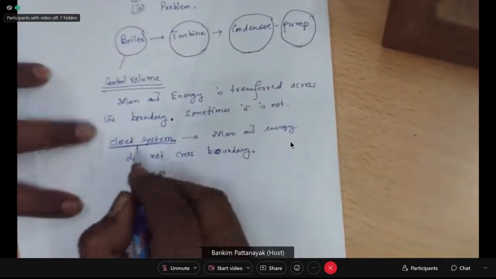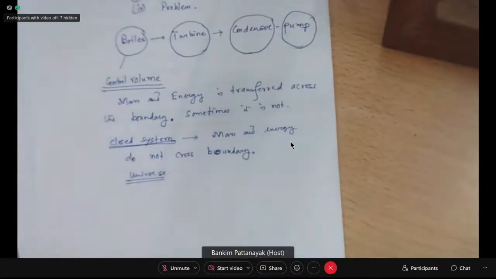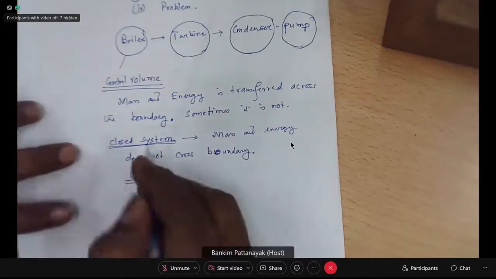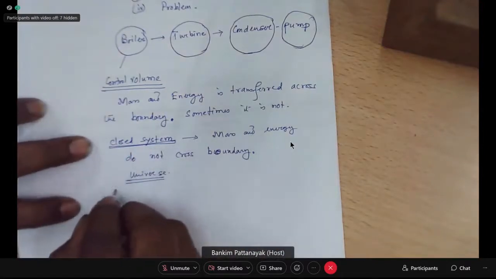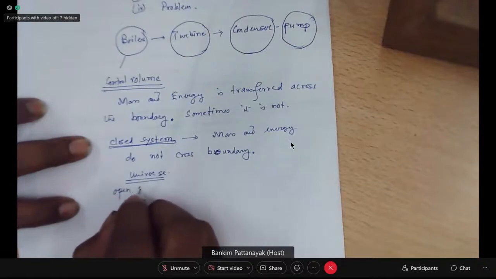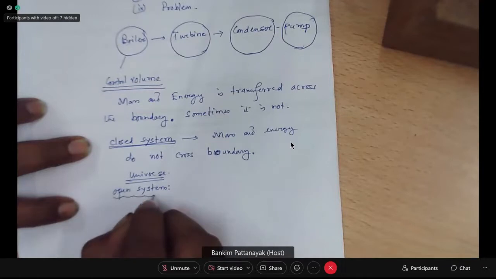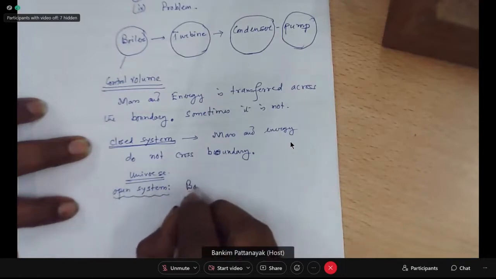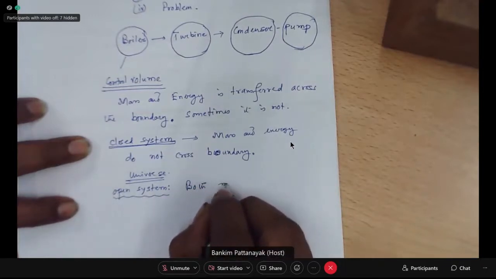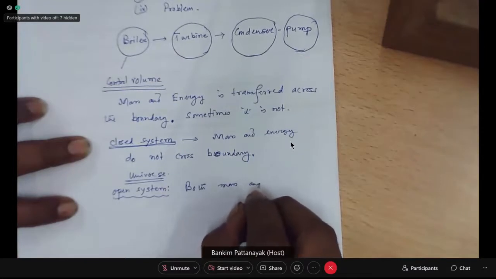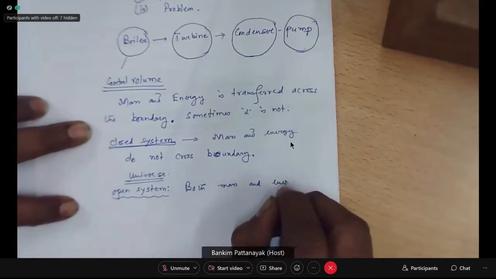So these are the technical thermodynamic terms we have to come to terms with: control volume, closed system, open system. When you have a closed system, you also have an open system. In an open system, both mass and energy